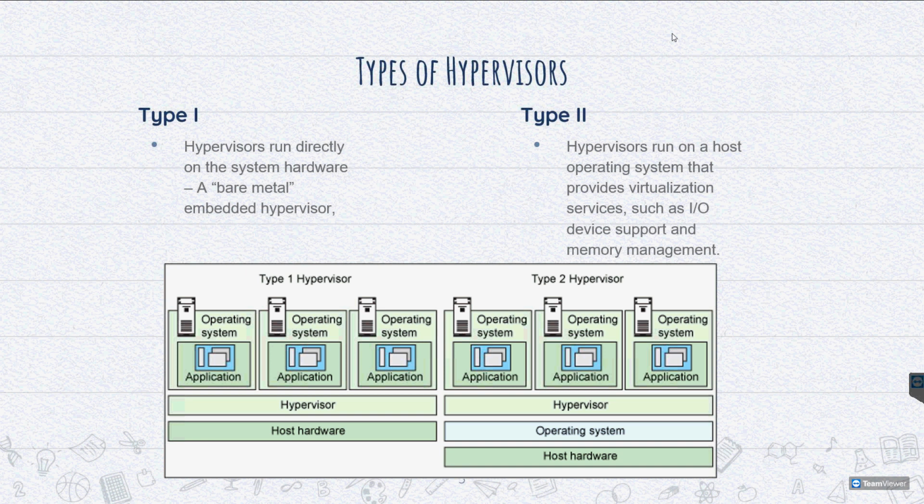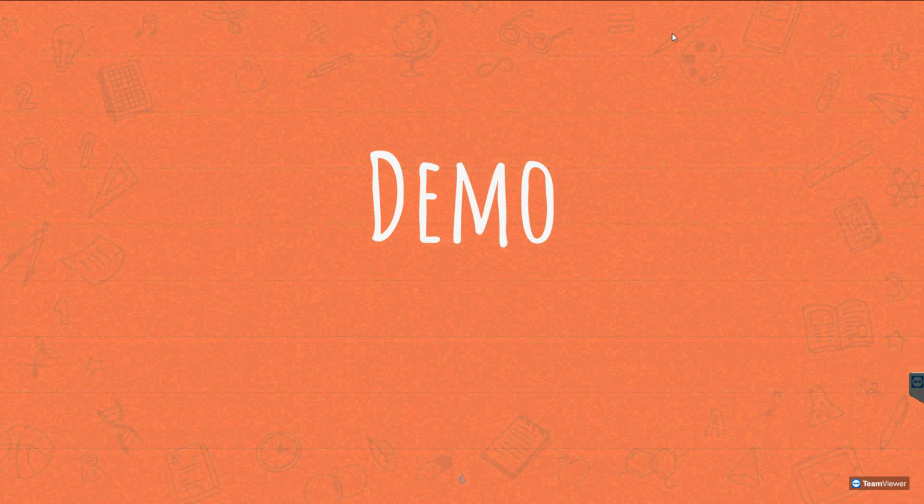Type one is a basic or bare metal hypervisor. In this, there's a host hardware and a hypervisor, and it lacks the complexity of an operating system. Type 2, the one we are doing, contains an operating system, in this case Windows 10, which we will be showing you shortly. Here, all the functions are almost the same. The type 2 has a complex operating system too. That's the main difference. Okay, so demo.